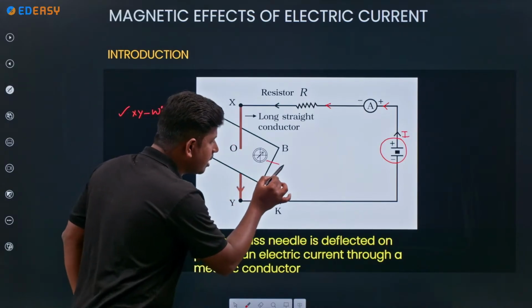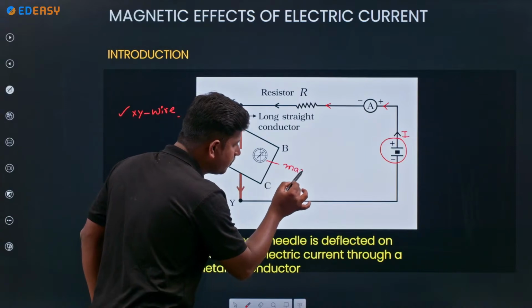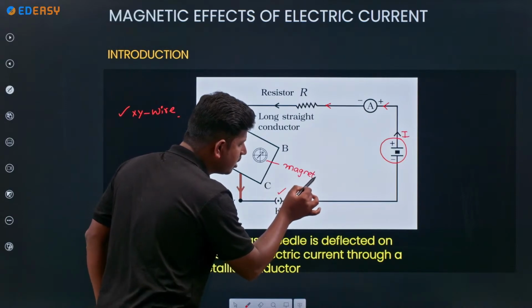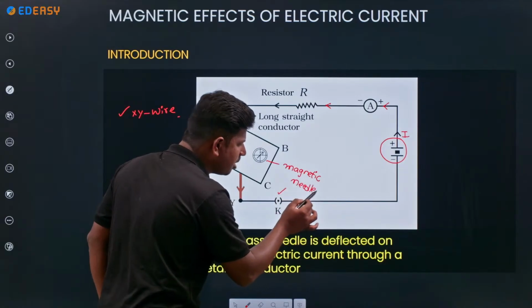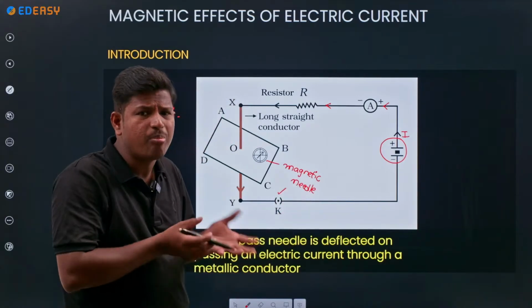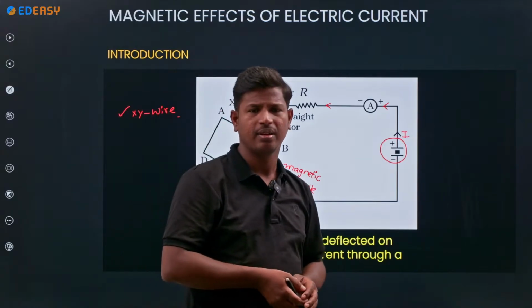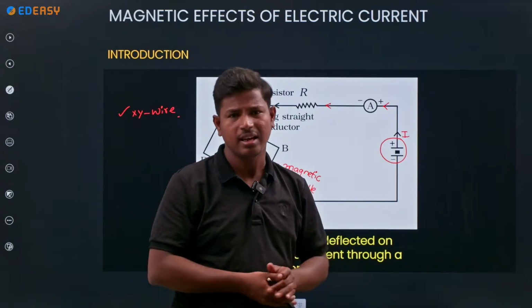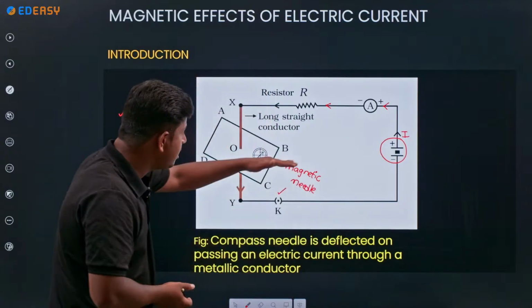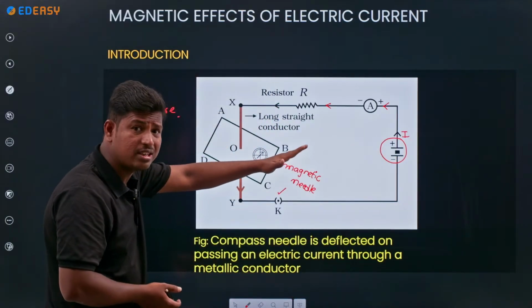Here we place a magnetic needle. A magnetic needle is nothing but a needle made up of a magnet. If you take a compass, what is present there? A magnetic needle is there, right? And the magnetic needle shows some deflections,